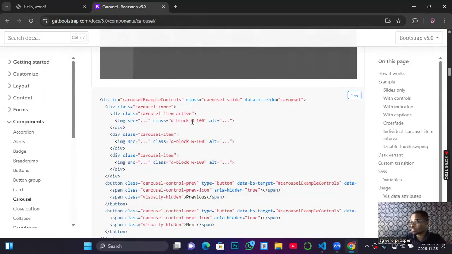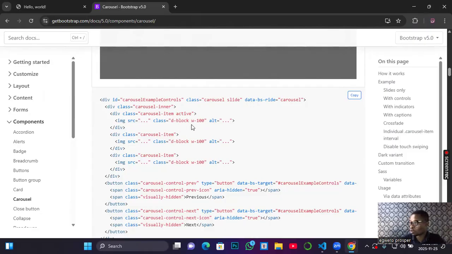Now here, carousel-inner wraps the carousel content. What we have inside, you can see, is the one where we added active, just to indicate when you get to the page, the active carousel item. But what we actually have inside this carousel is an image tag. The image tag is an inline element, but it has to display within the carousel as a block element. That is the reason why you added